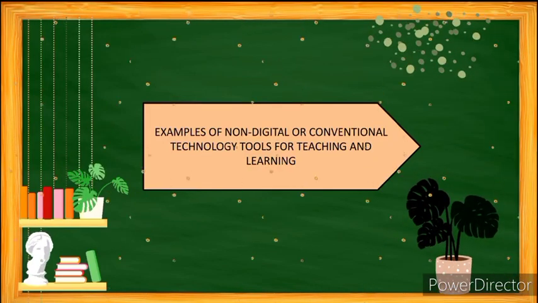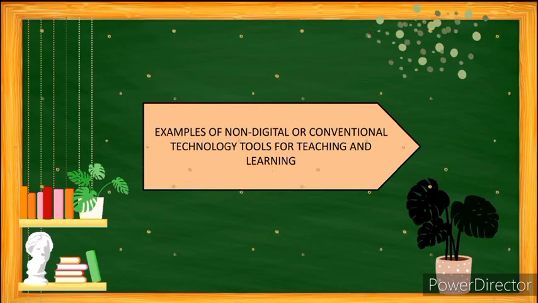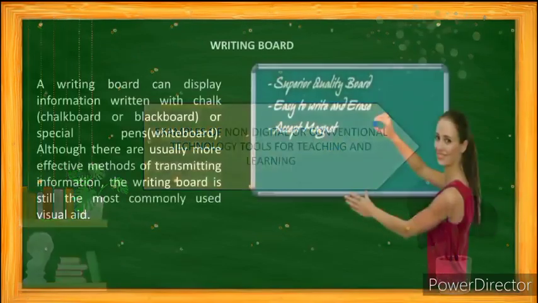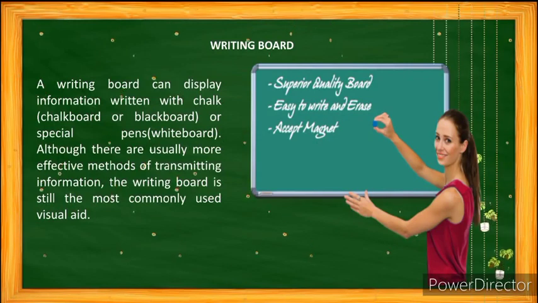Next, we have examples of non-digital or conventional technology tools for teaching and learning. First, we have writing board. So a writing board can display information written with chalk for chalkboard or blackboard, or special pens for whiteboard. Although there are usually more effective methods of transmitting information, the writing board is still the most commonly used